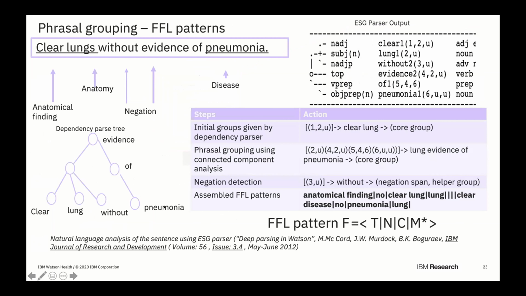So for a sentence such as this, we can generate a finding that is an anatomical finding, and it is a negative finding. It's associated with a core, the description of the finding itself, and one or more modifiers that refer to what section, what portion of the chest X-ray we are talking about, and it can also help describe the character and appearance of the finding.